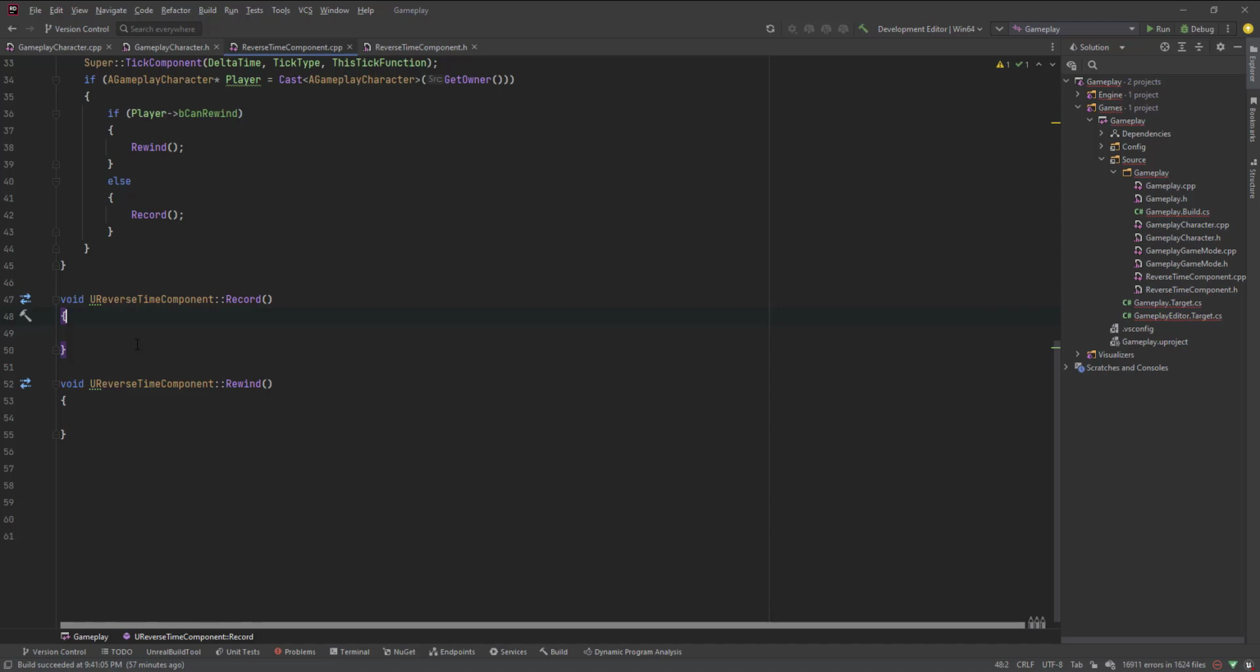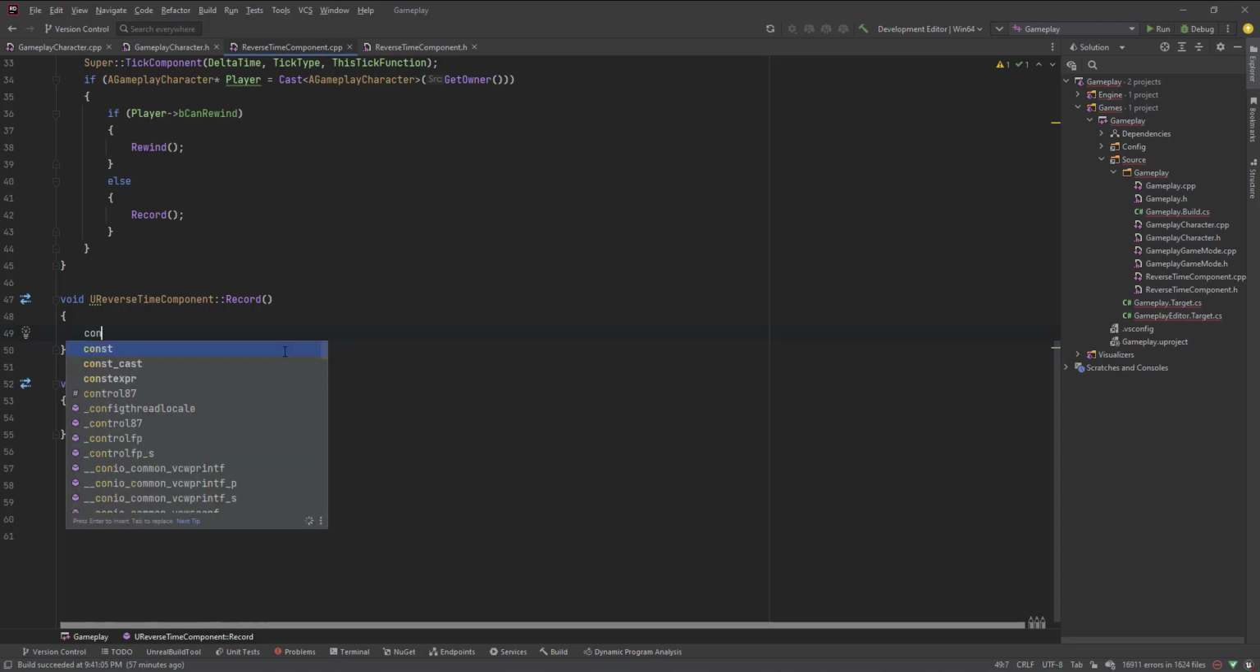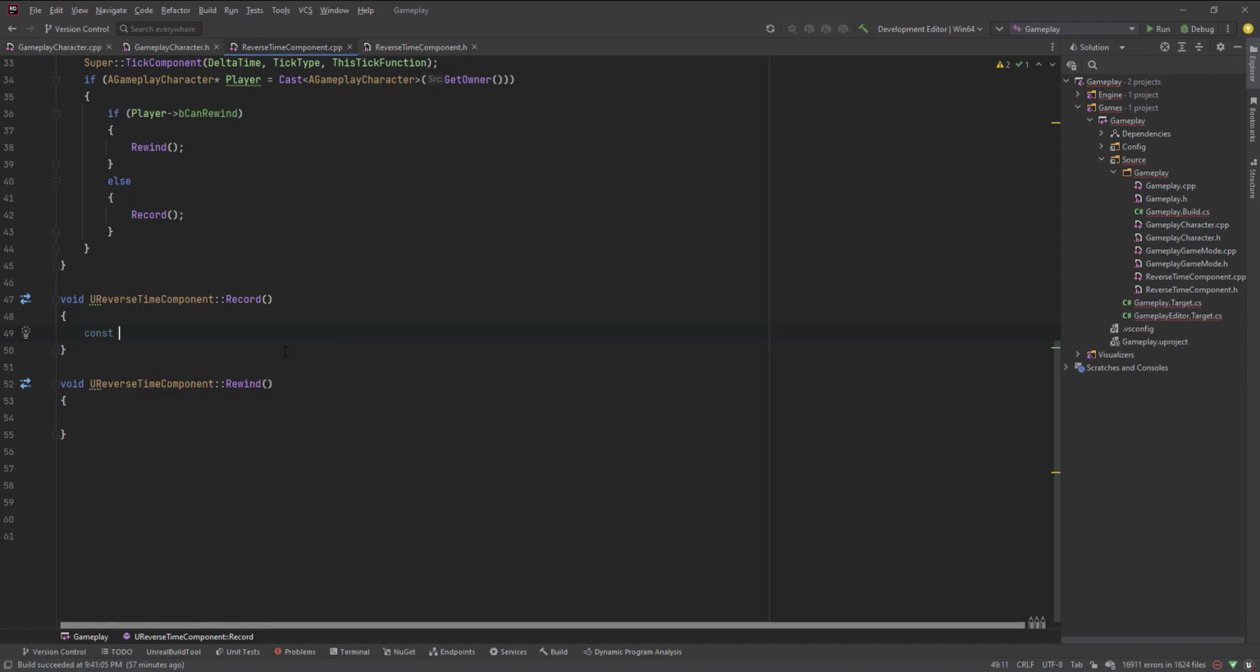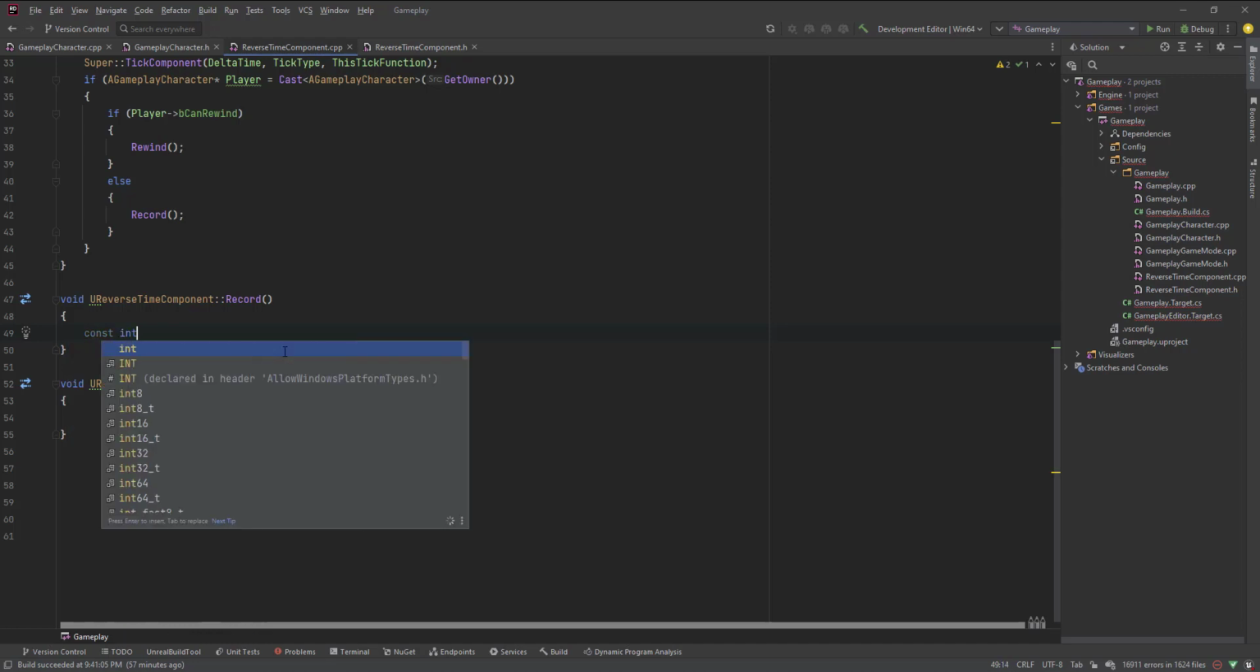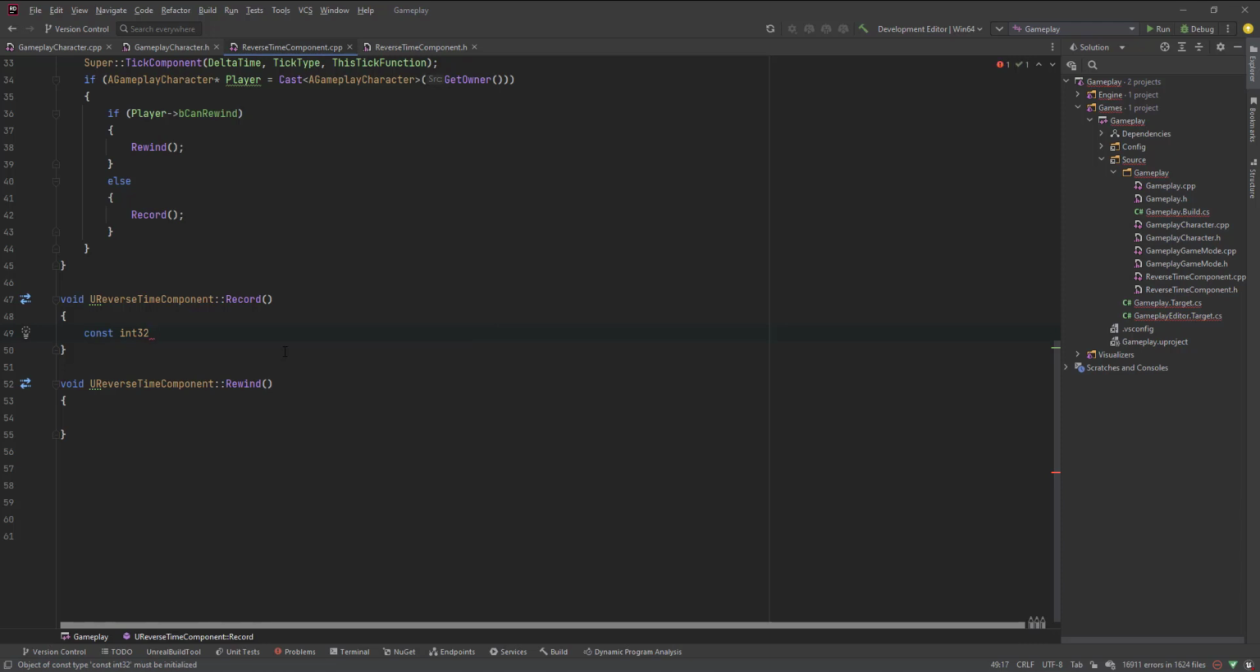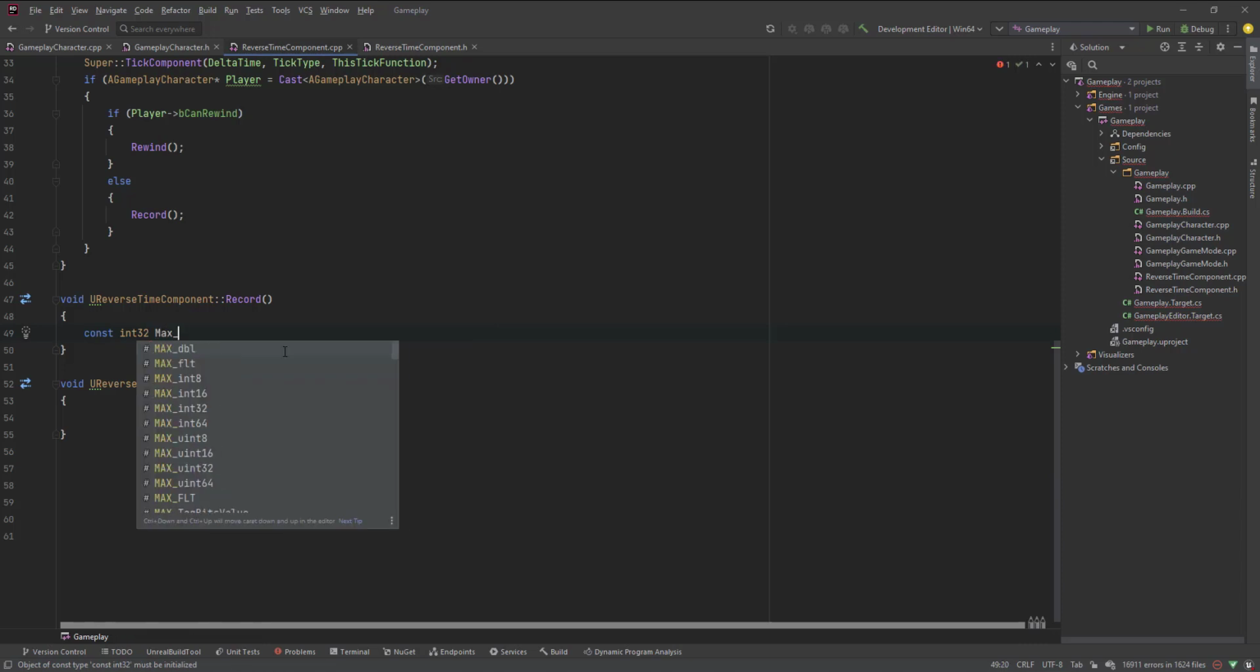Okay, now in the record, first of all I need to limit those positions and rotations from going on and on every tick, otherwise it will be flooded, and it could crash your CPU after maybe, who knows, 2-3 minutes. So I need to limit that. I will create two variables to compare with. It will be an int32, and it will be the max